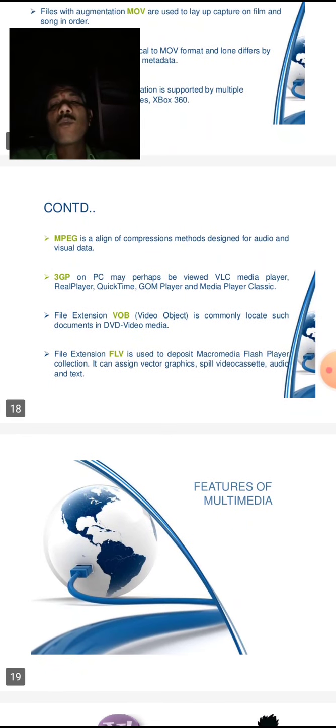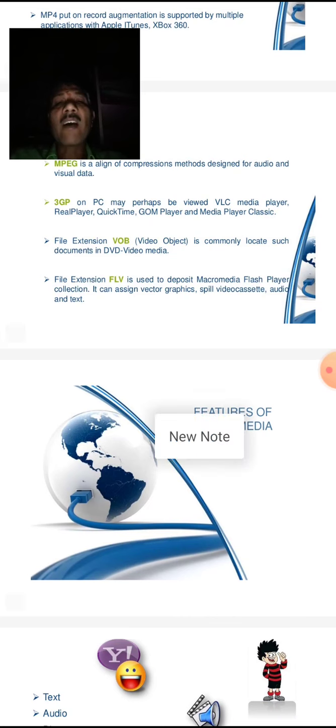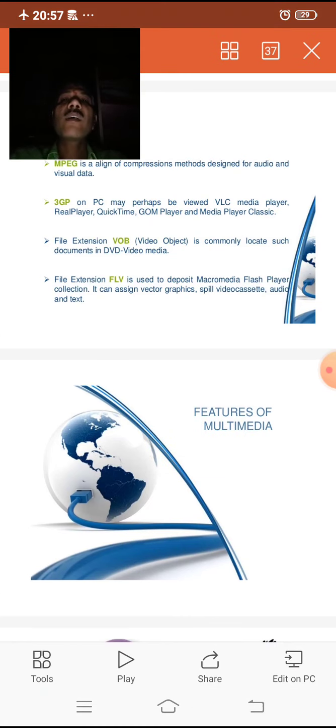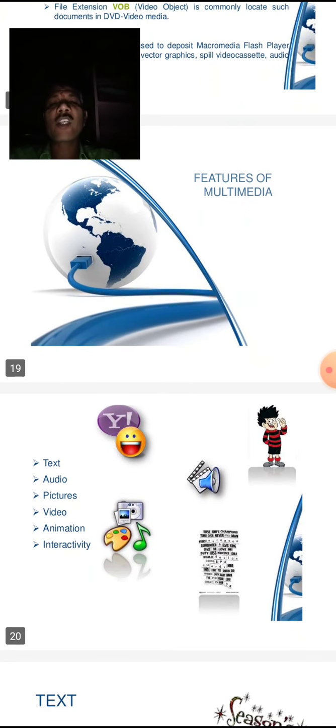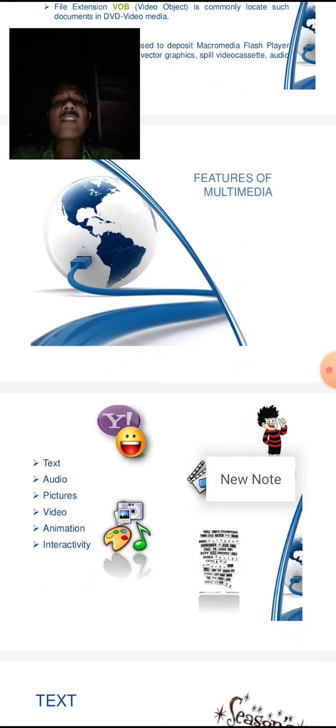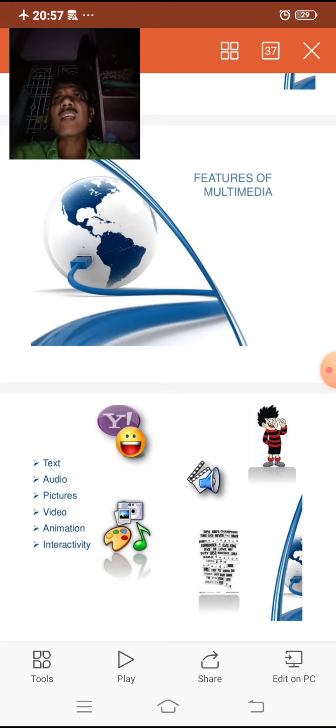Then what are the features of multimedia? Let's see one by one. Multimedia has the most important components such as text, audio, pictures, video, animation, and interactivity. These features give more attention to the users in the form of different colors, text in different formats, as well as audio.